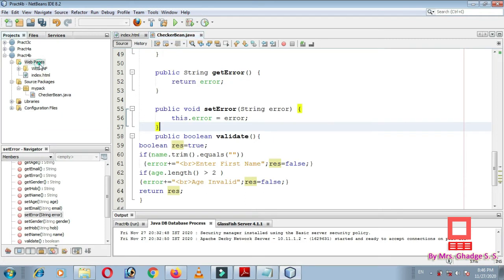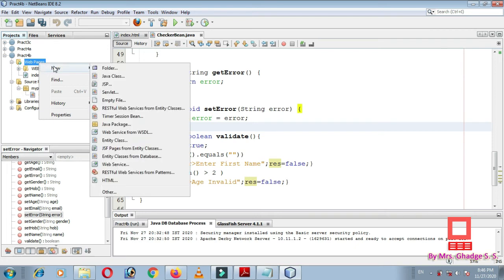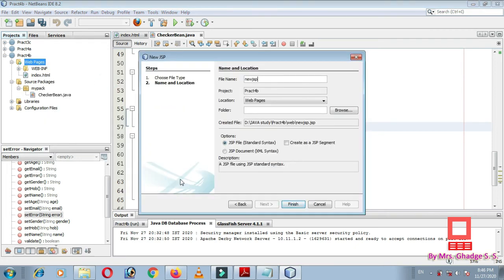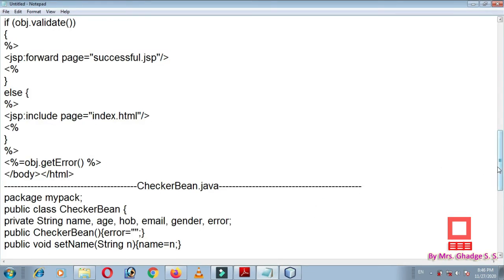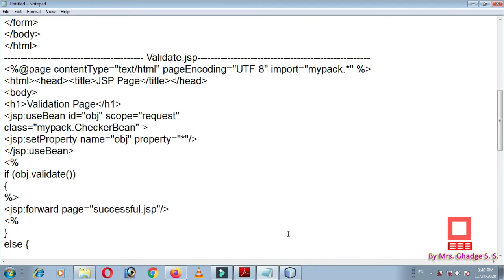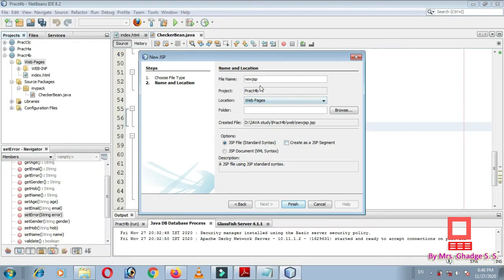For this file you need to right click on web pages, select new and then JSP. The file name is validate.jsp, so I write it here. Okay, just click on finish.